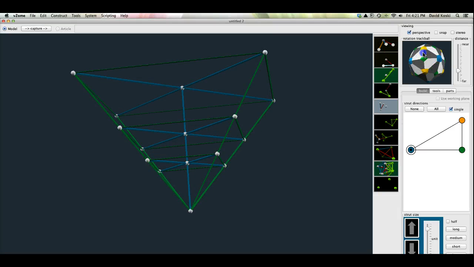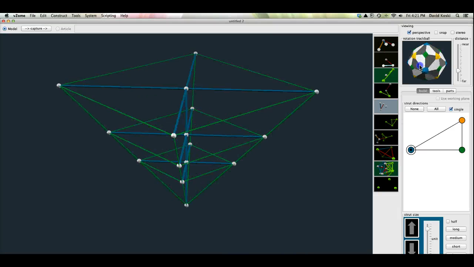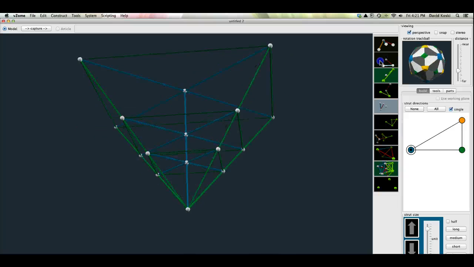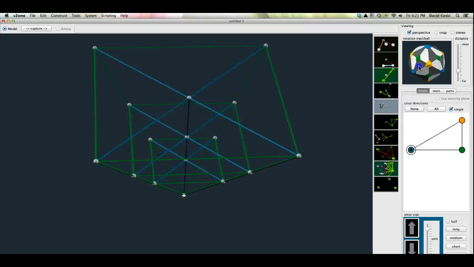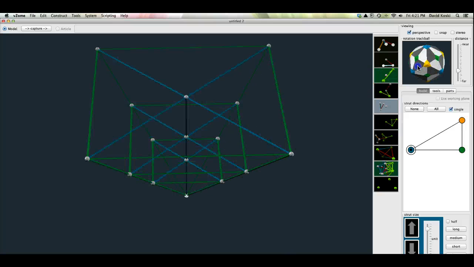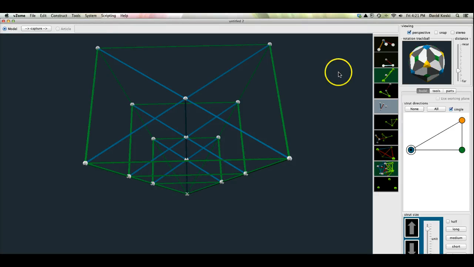Hi, I'm going to show this is one half of an octahedron. There's the square base, and here's, let's call it, the origin. Let's say that this is a portion of a cuboctahedron for now. So the half of a